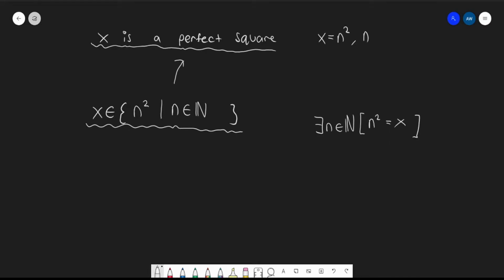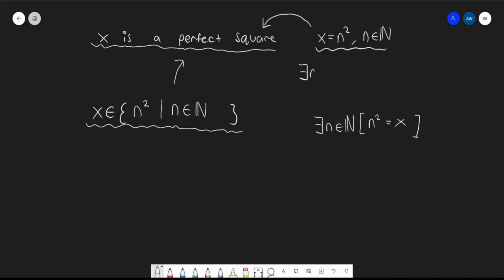And n is equal to something from the natural numbers. And since this is what it means for x to be a perfect square, if this condition is satisfied, then x is a perfect square. How do we satisfy this condition? Well, we just have to show that